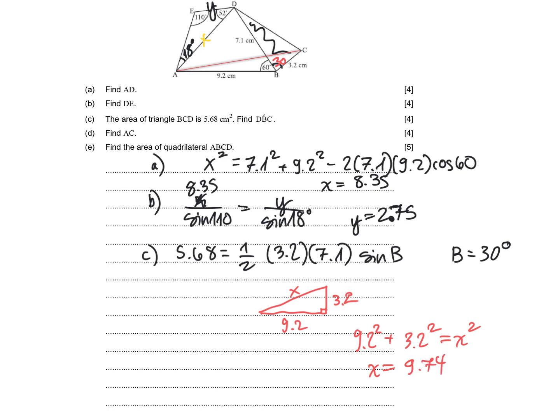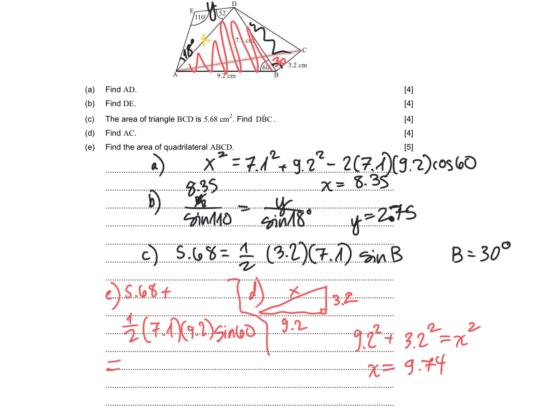The area of the quadrilateral ABCD. So we've already, they're just going back and forth, aren't they? This was D, this is E. So we've already got this area, so ignore that line, the red line. So we've already got the area of that triangle, which is 5.68. And to that, we're going to add 1/2 times 7.1 times 9.2 sine 60, because that's this one. Okay? So that's going to equal 33.96 or 34.0